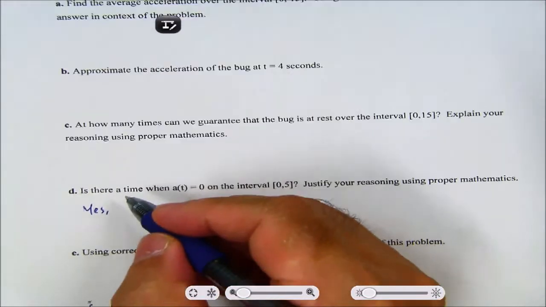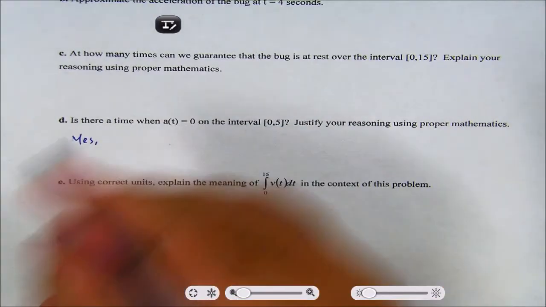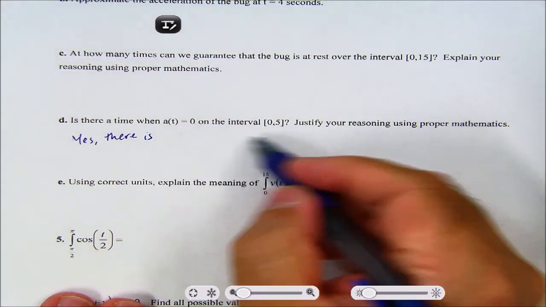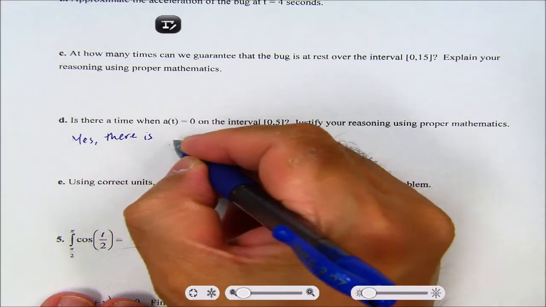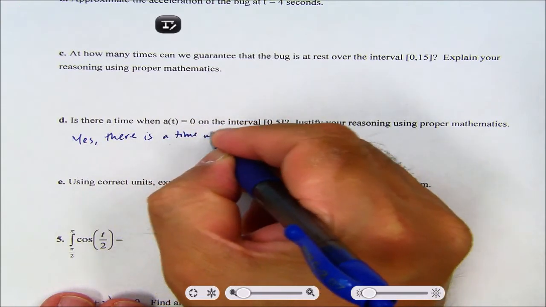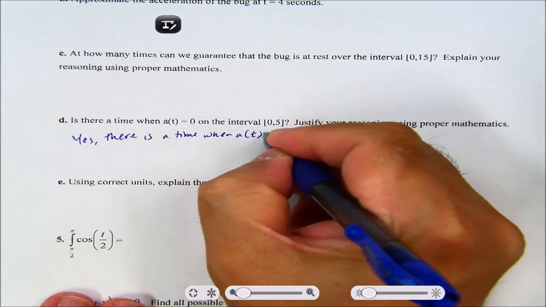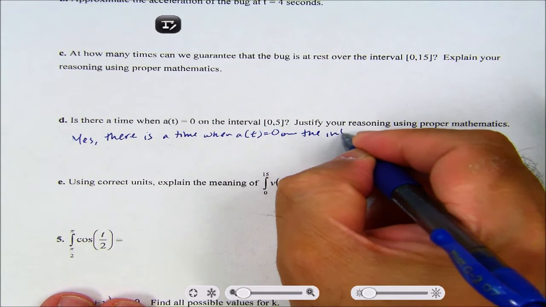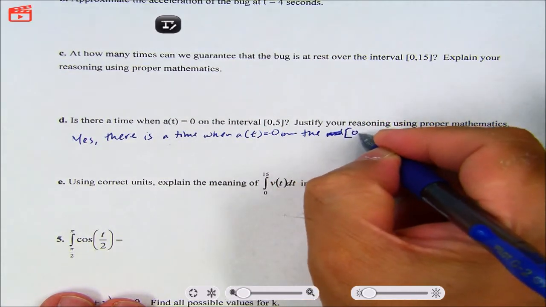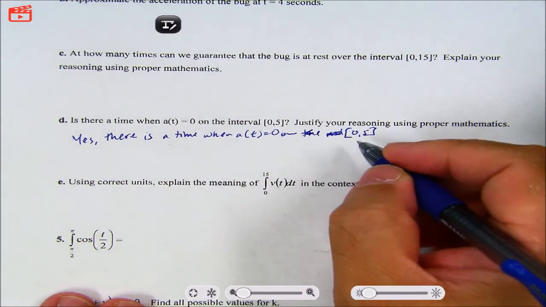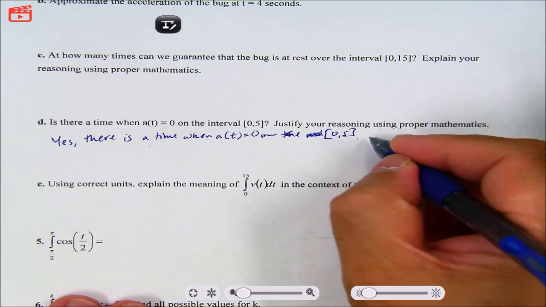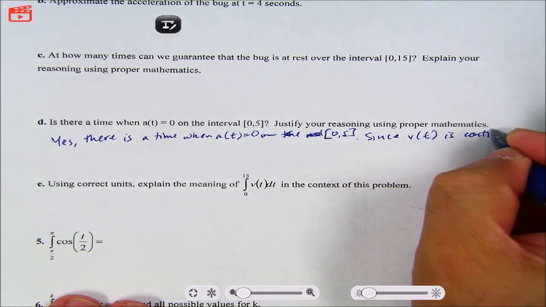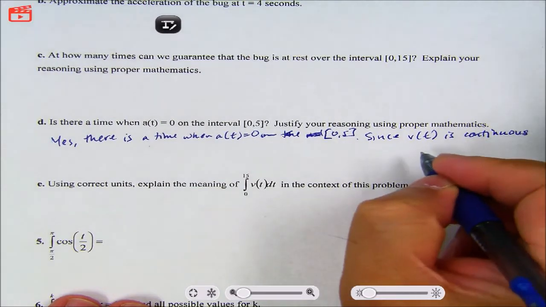So how am I answering this? Yes, there is a time. First, I'm just answering the question: is there a time? Yes, there is a time when a of t equals 0 on the interval, let's say, 0 to 5. Since v of t is continuous and differentiable,